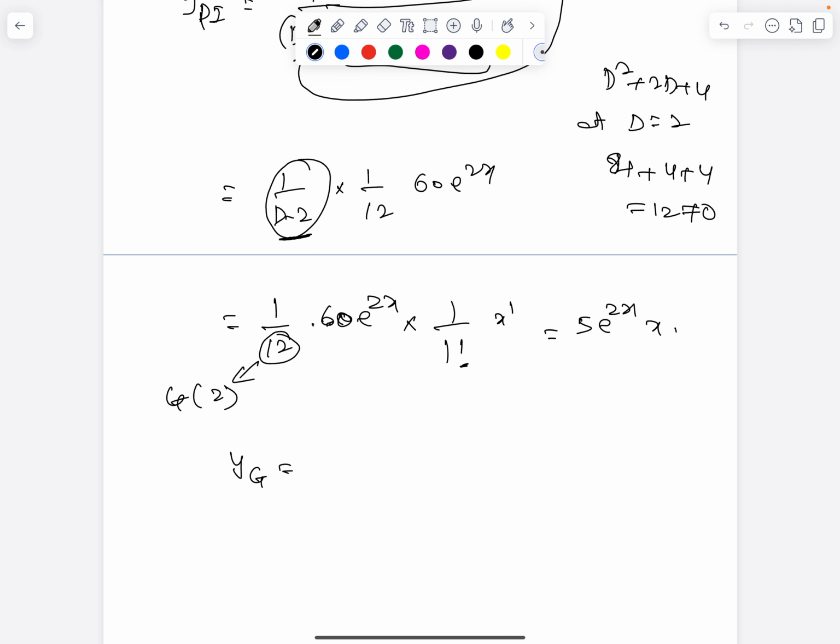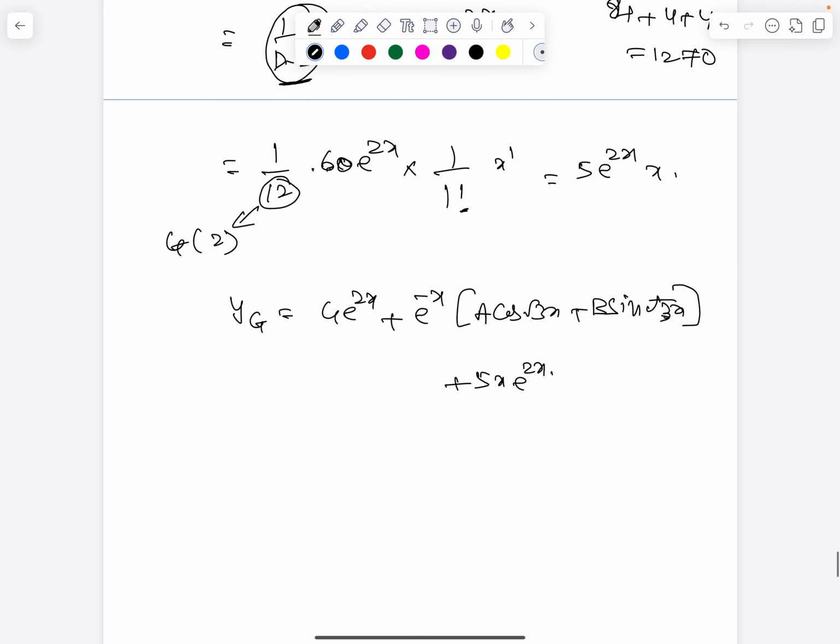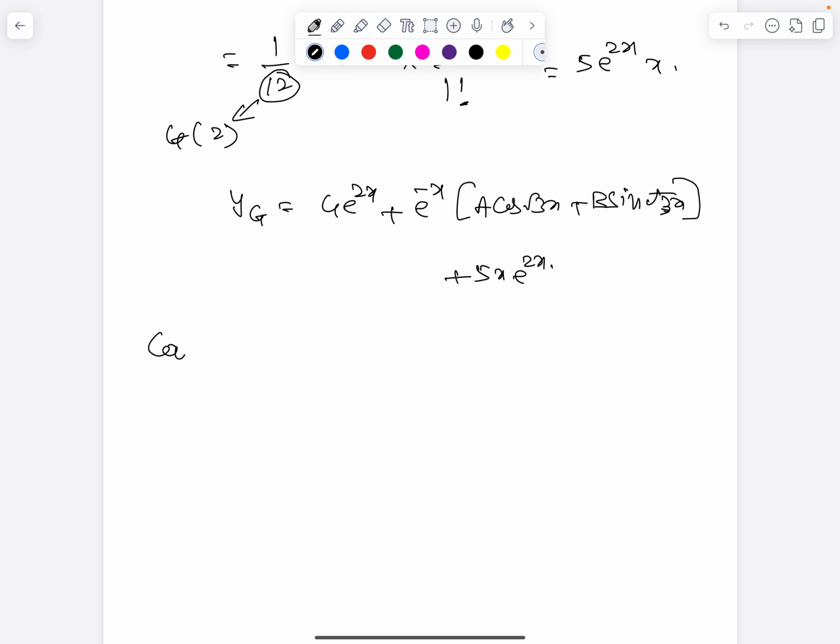Therefore, the general solution is y = c1 e power 2x plus e power minus x into a cos root 3x plus b sine root 3x. This is from the homogeneous. The non-homogeneous term is this one. So, the particular integral solution is this one. This completes the problem. So, this is case 2, and then case 3, what if you have small f